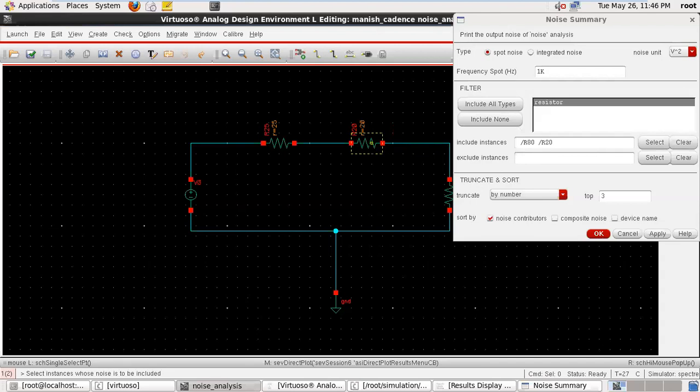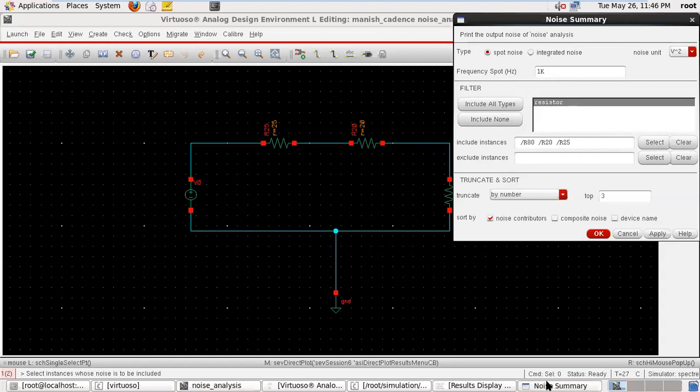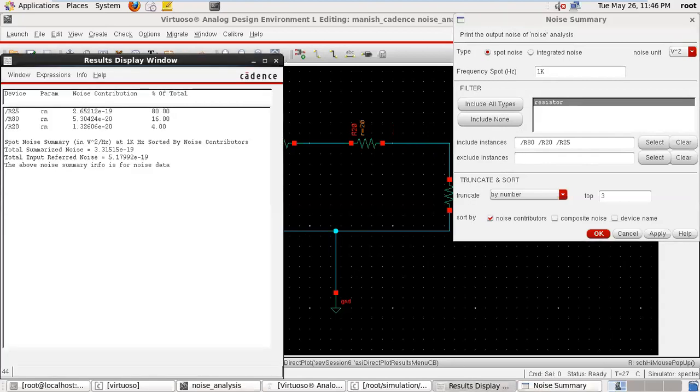We are also interested in R20, and also R25. Because the DC source is a constant, it is not shown here under include all type. Exclude is for when you are not interested in one of the components, so that it does not come in your summary window. So just click apply, and the noise summary result is displayed.